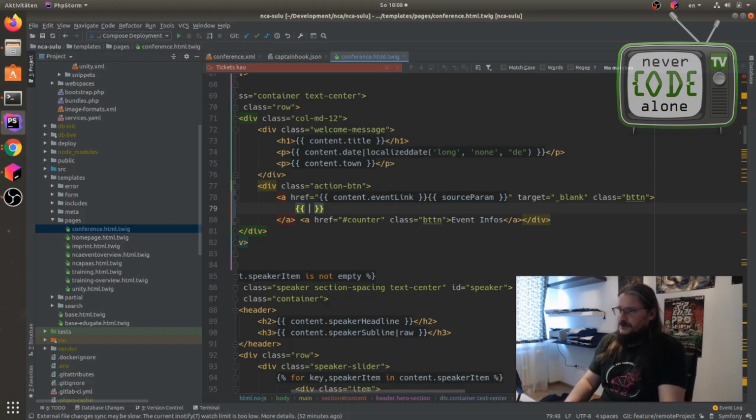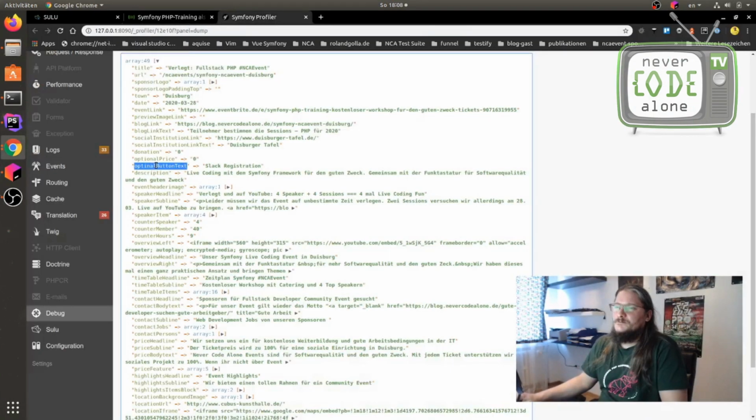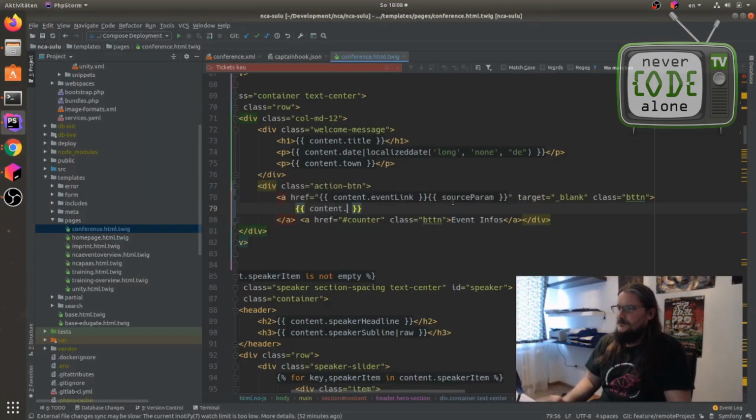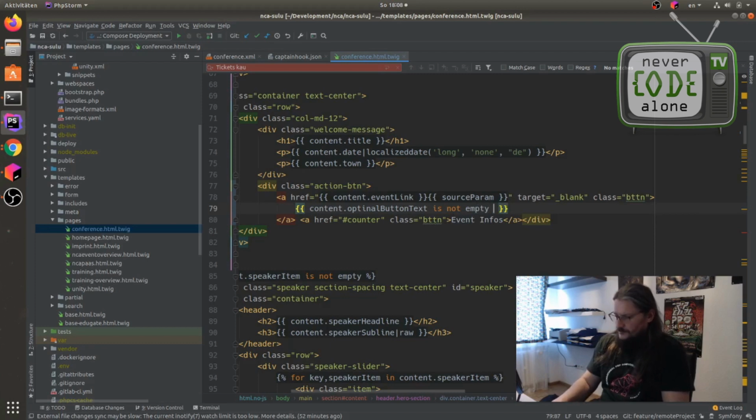We can say here content dot is not empty, then take this text, and otherwise it's just Tickets kaufen.